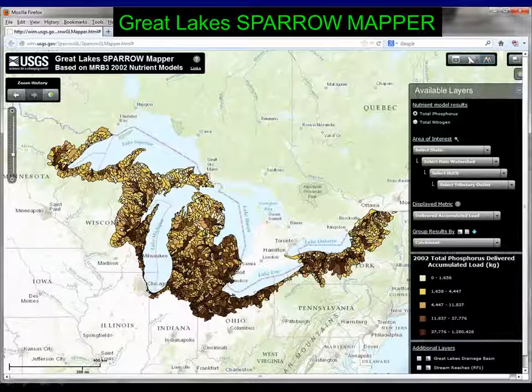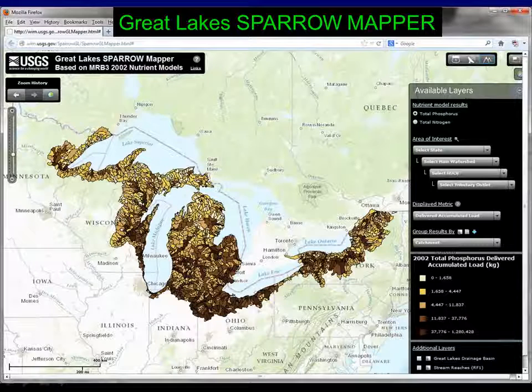How to implement actions to reduce some of those loads, I can tell you that fertilizer is the most important in this area, but how to reduce that, now you have to rely on other types of models. And that's where this is really a tag team kind of thing, I think. SPARROW is a good starting point. From here, there are other models that are much better than SPARROW at doing things, and whether that's SWAT or APEX, HSPF, whatever, that really depends.